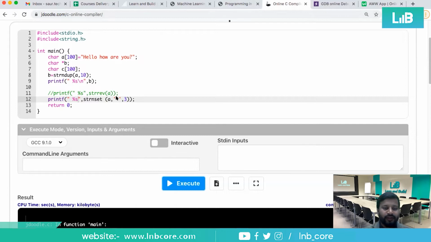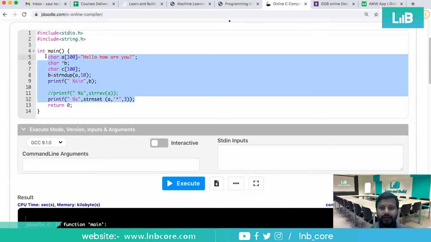Just we need to check these commands. Online editor. Okay, it works for VS Code. Perfect.